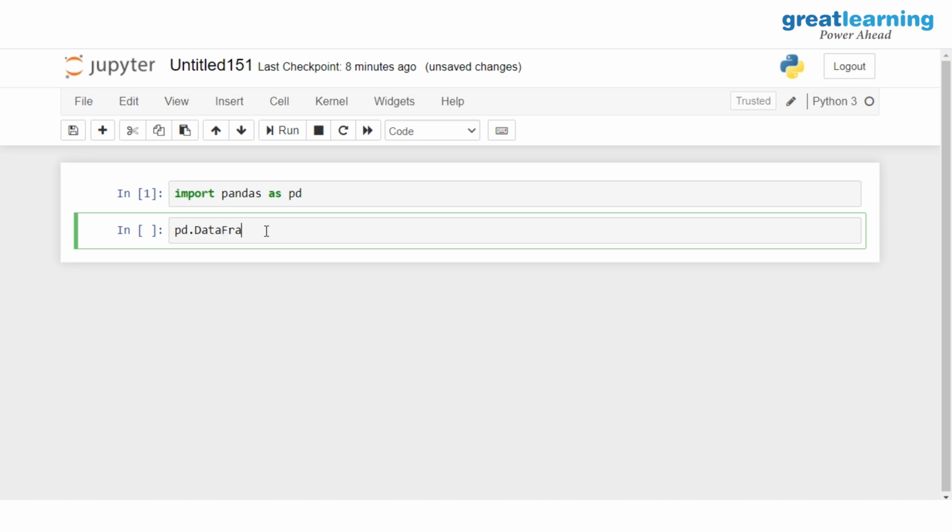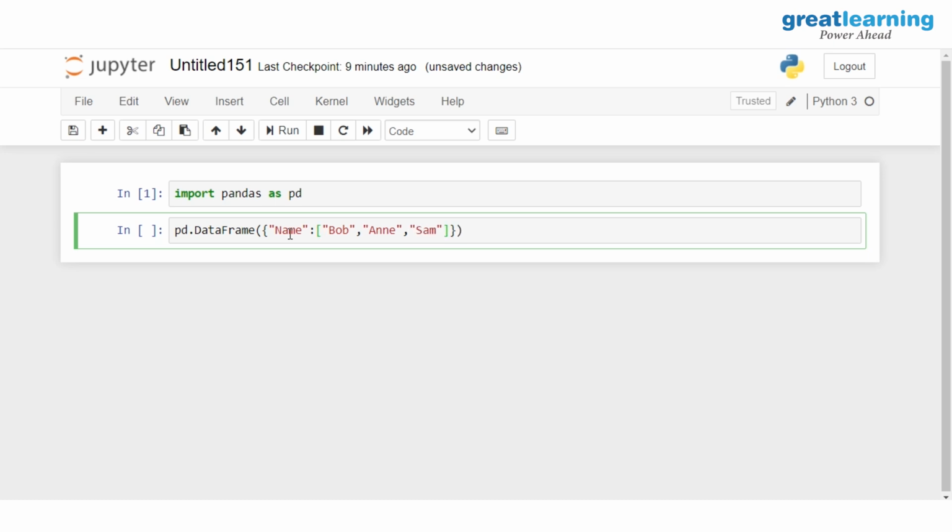So you need to write down pd.DataFrame over here, and inside this you can just pass in a dictionary. You can create a dictionary with the help of these curly braces. I want to create a very simple student table where I would have the names of the students and the marks of the students. I will give in the first key, which would be name, and a bunch of names over here. So let's say the first student is Bob, then we have Annie, after that we have Sam.